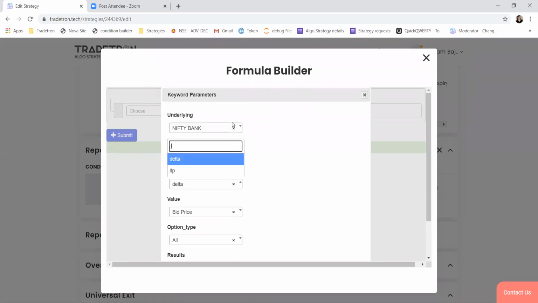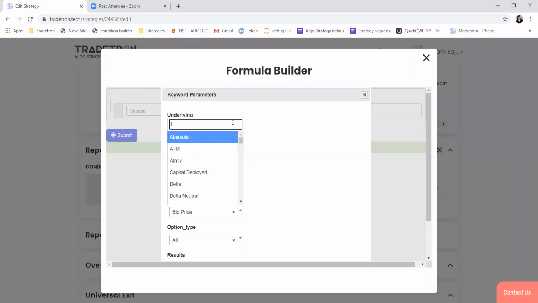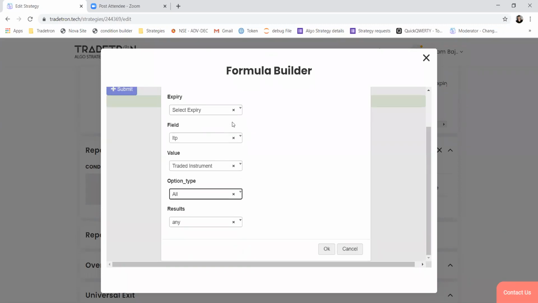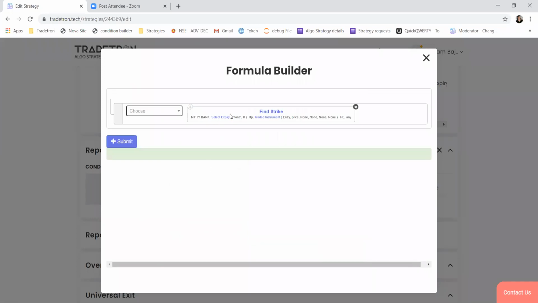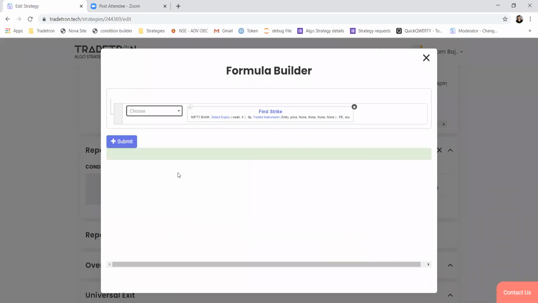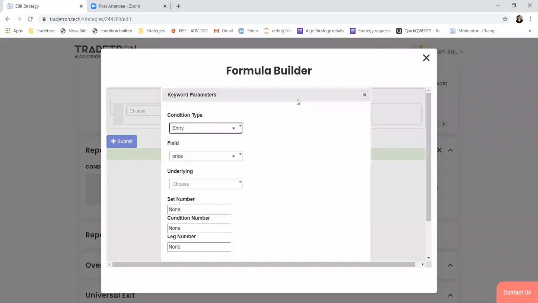So our selection criteria will be LTP, and LTP will come from a traded instrument. You can select put. Option type is put, and here you can select current week as the option, and LTP should be nearest to the price at which that option got traded.